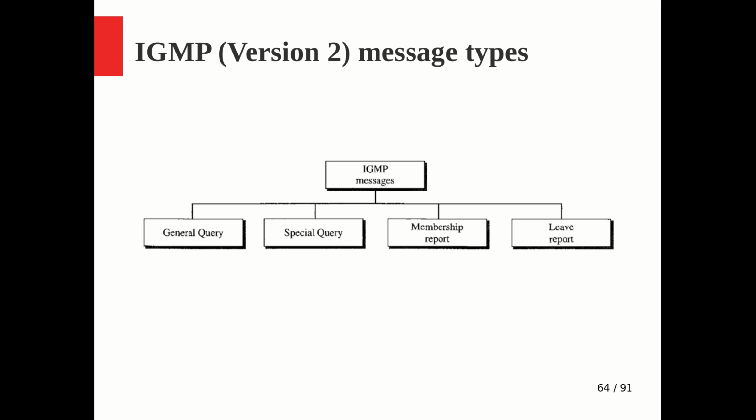But what about the general query? There are situations where a particular group may have only one active member, maybe only one host. For a particular period of time that host goes offline, or it is having some problem. So what will happen? Actually there is no loyal member in the group at all, but as the host went offline, it is not in a position to send a leave report. So the router may not understand whether some of the groups are active at that particular time or not, if in between the members of the group have some trouble. So those things the router is not updated on, right? If they are active and want to leave, they will send a leave report. If they are not active, they may not be in a position to send a leave report.